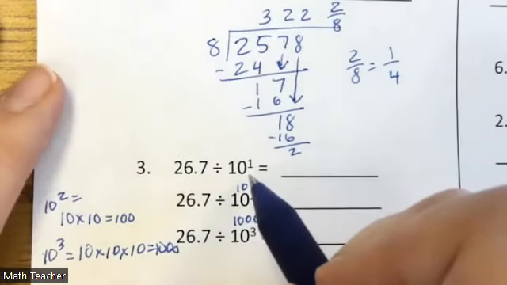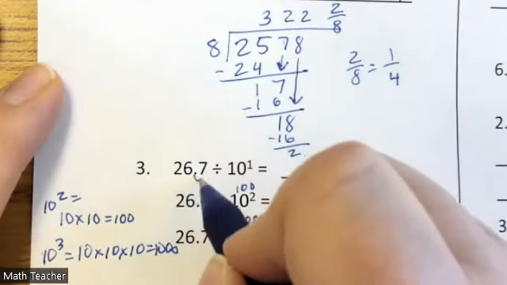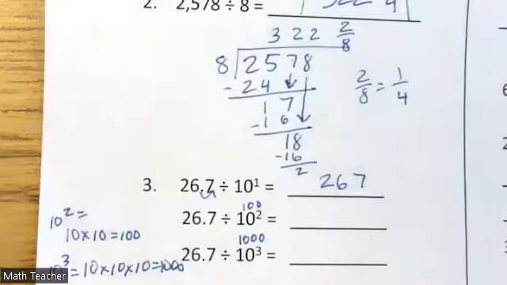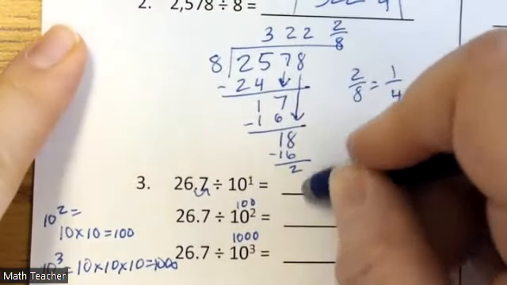Okay, so if we're multiplying by 10, we move our decimal one place to the right, we get 267. This is divide, excuse me. Okay, so